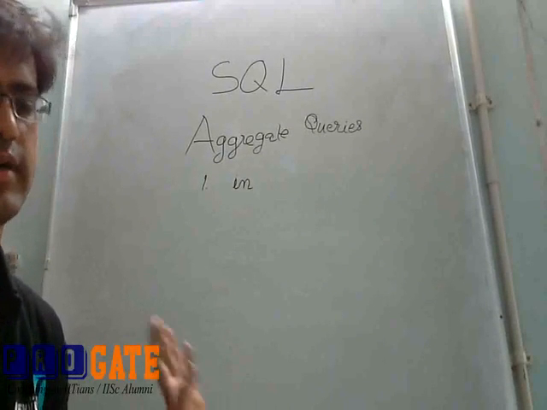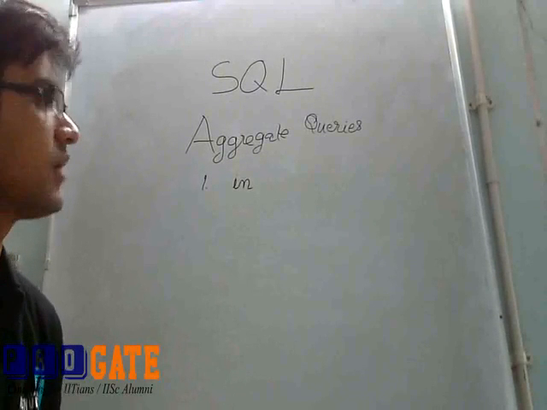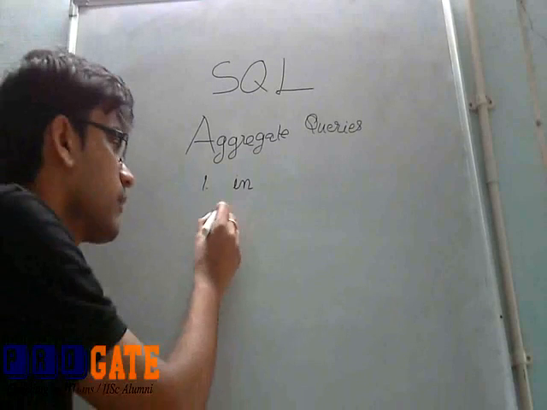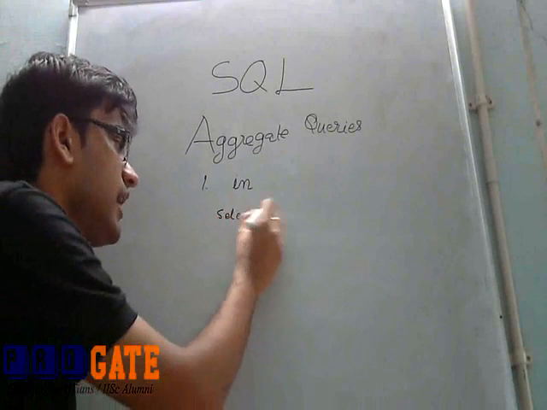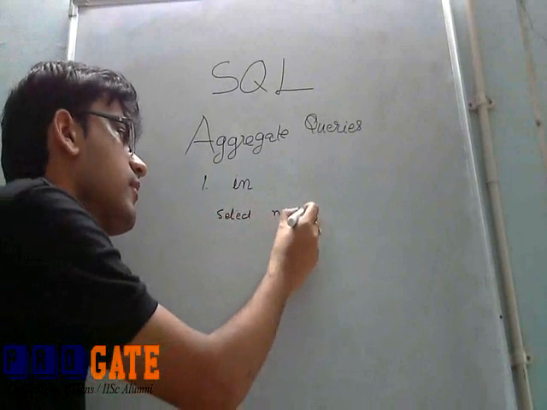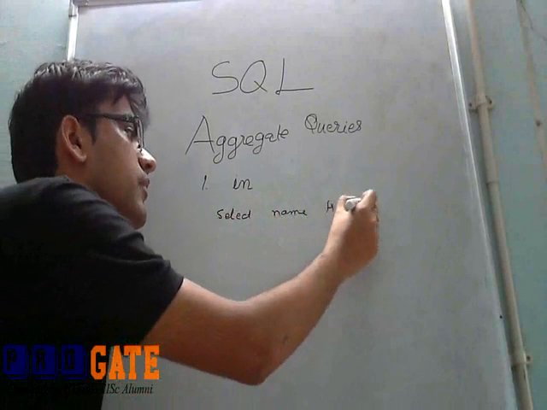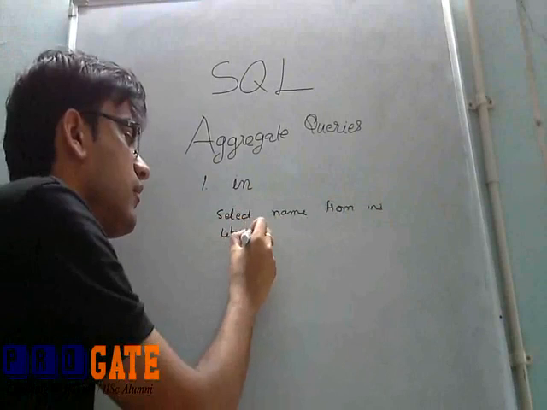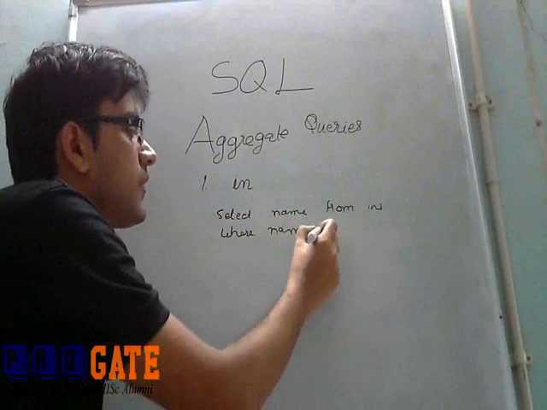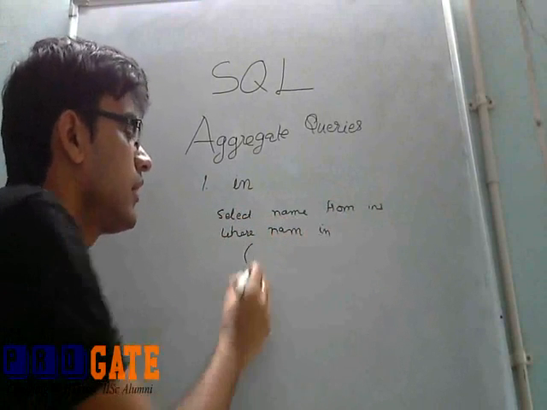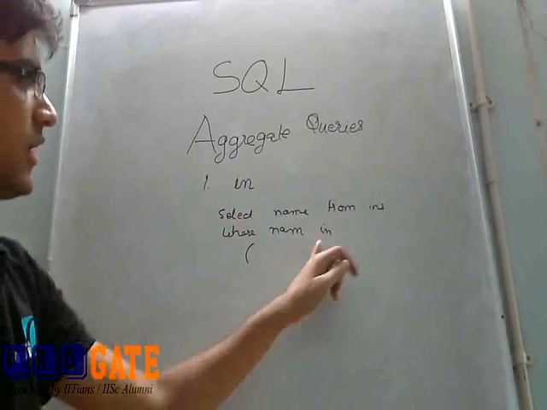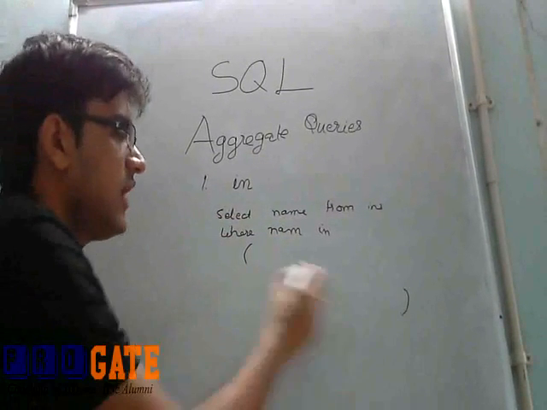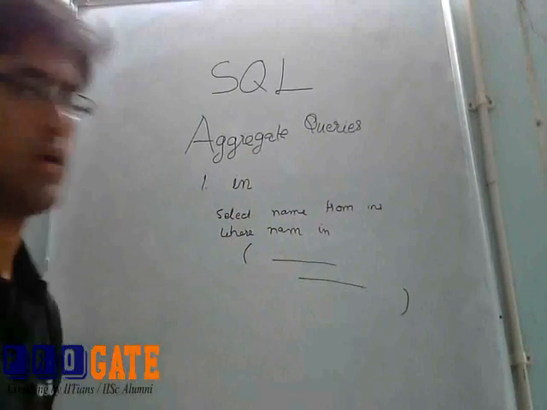One way to do it is a simple SQL query. The other way to do it could have been select name from instructor where name is in. Now the argument of the in clause, after the in clause we'll have another SQL query,